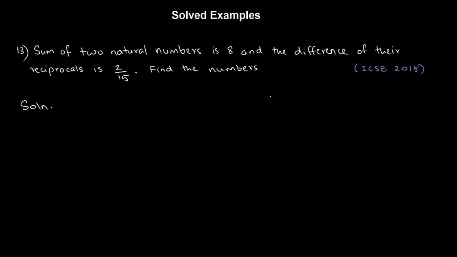So, word problems. The sum of two natural numbers is 8 and the difference of their reciprocals is 2 upon 15. We want to find the numbers, right? So two natural numbers and we want to find those. We can start by saying, the sum of the two natural numbers is 8, right? So I can say let the two natural numbers